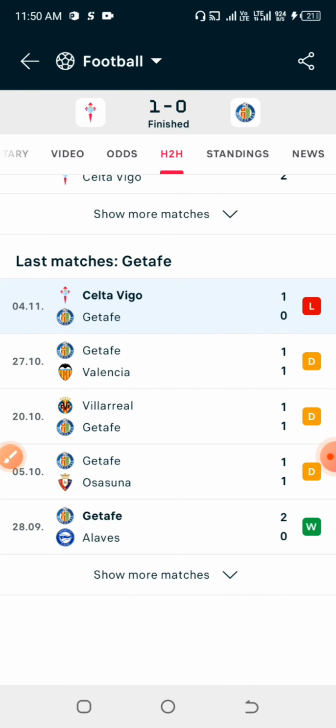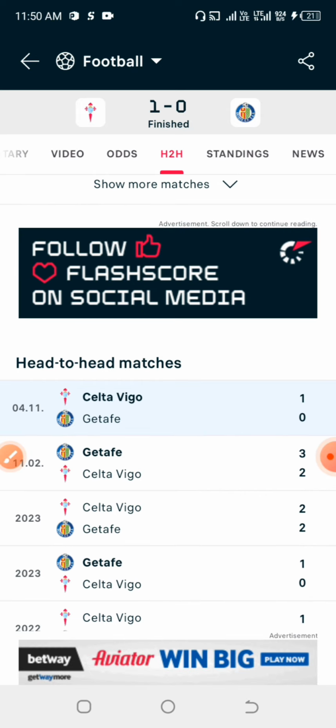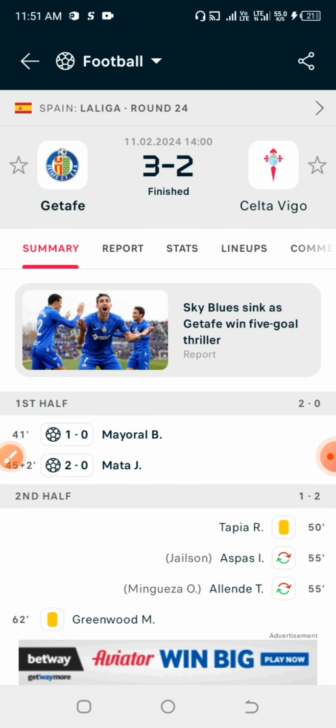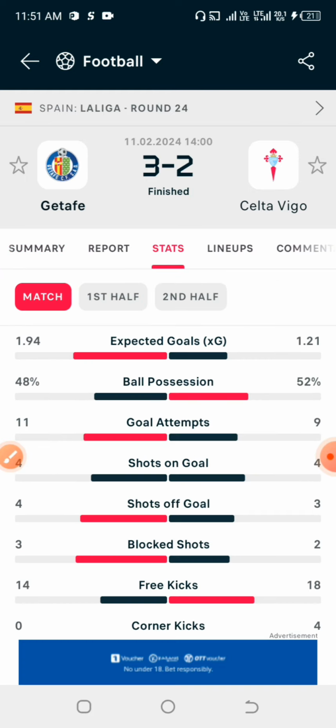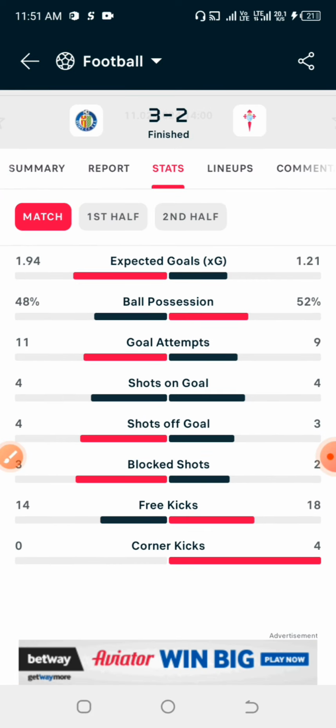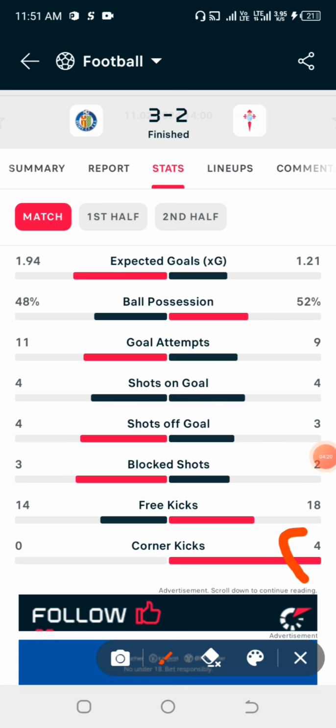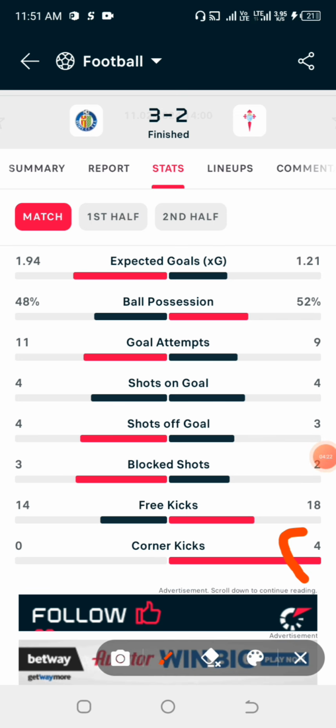Then moving on to their last previous game against each other, we already have 34 total corners in the last 2 games for both home and away. Looking at their head to head, you can see that in the game they played before this current game, they only had 4 corners, which shows that in this particular game you should be expecting something very small when it comes to corners.